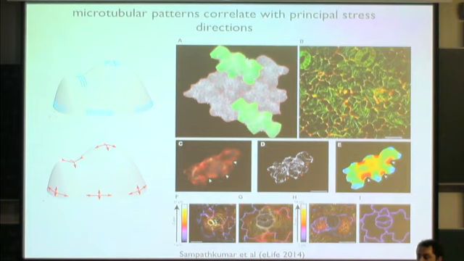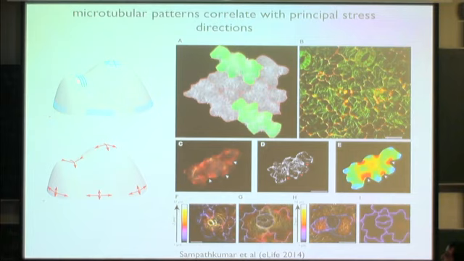I mean, analyzing the surfaces from the geometry and the shape of the organs in plants and microtubular directions. On top of the meristem, where the stresses are isotropic, you can see a very isotropic distribution of fibers, whereas around the